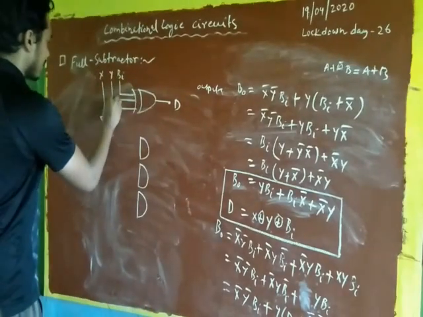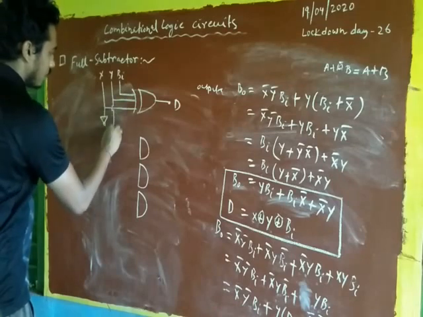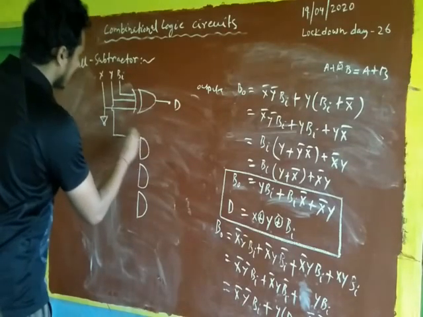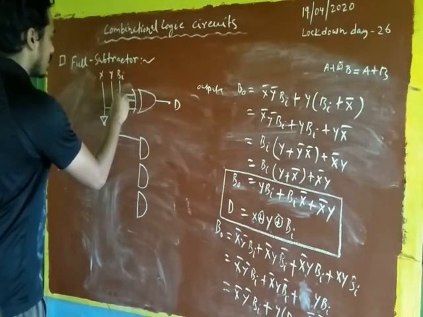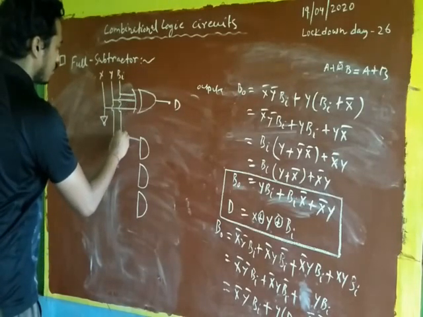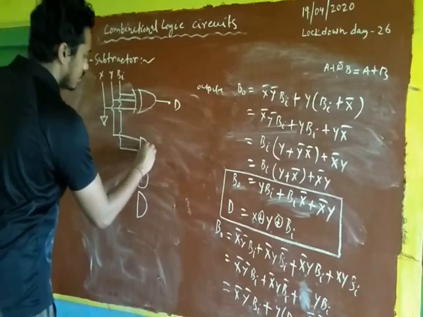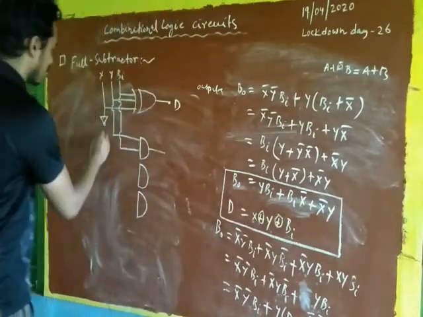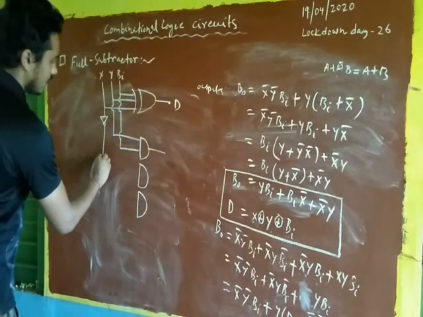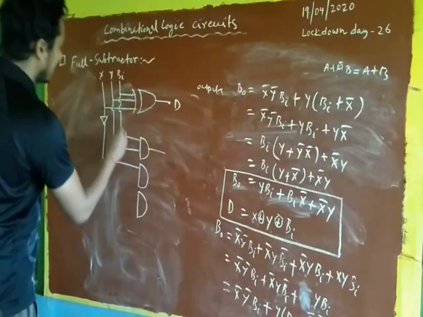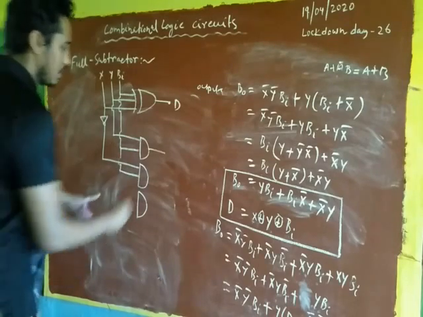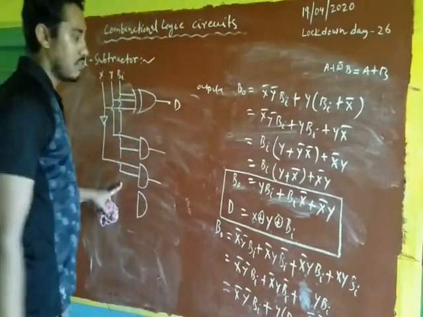Now first we are writing this expression, drawing this one, that is Y BI. So Y BI means this is for Y and this is for BI. Okay, so this is for Y BI and the second one is BI X bar. So this is X bar and this is for BI. Okay, so we got the output of the second AND gate.